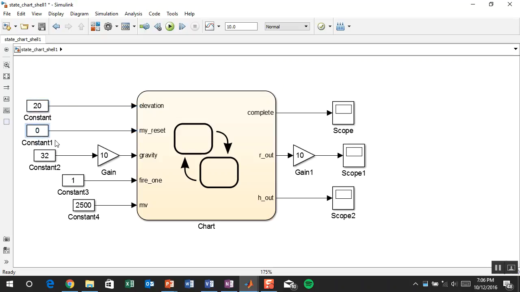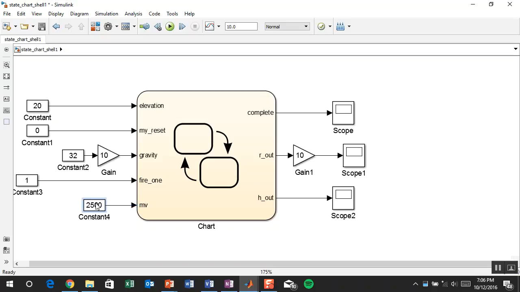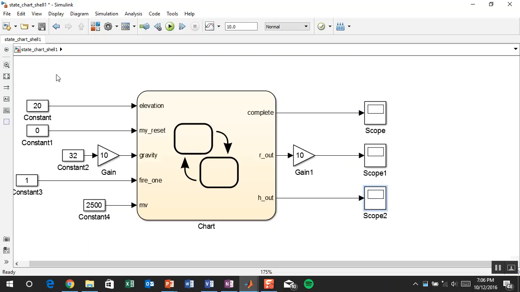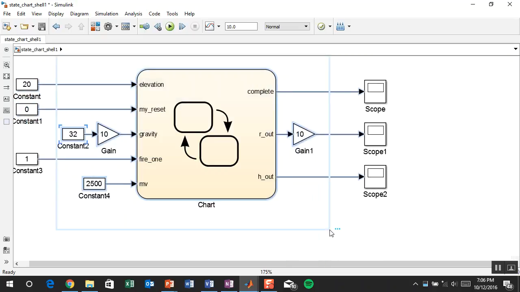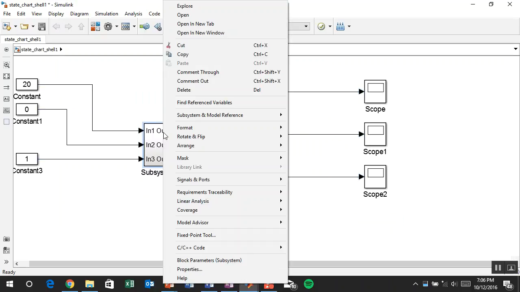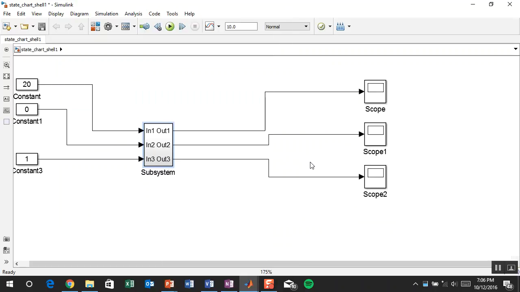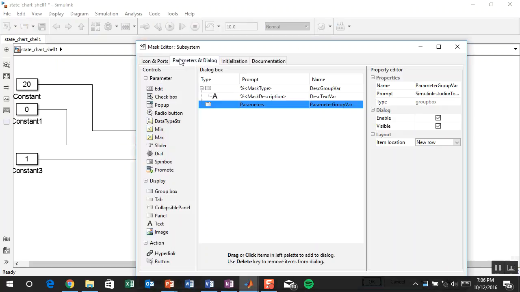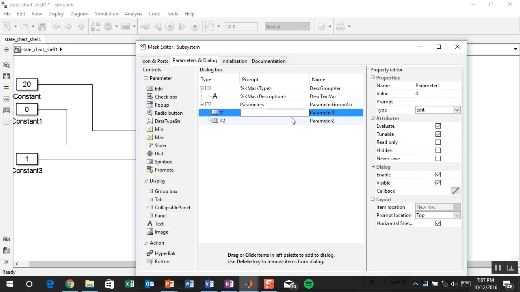So let's pull these things: Fire 1 and muzzle velocity. Okay, I'm going to mask this very quickly so we can use it. First, make it a subsystem. Right click, mask, create mask, and I'm just going to add a couple edit boxes and say this is going to be